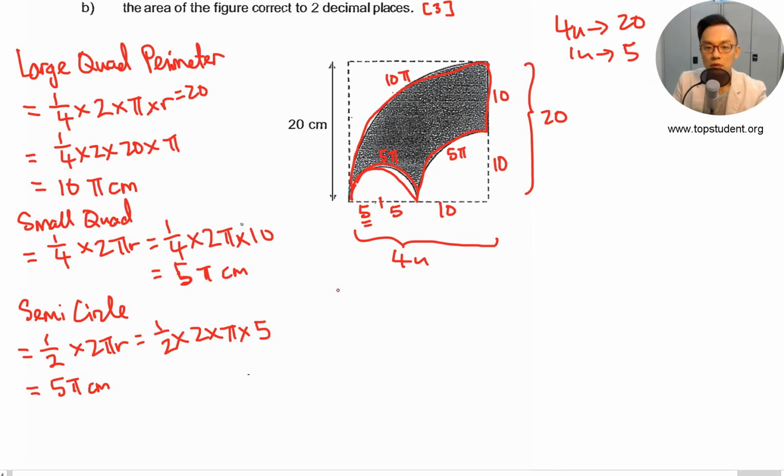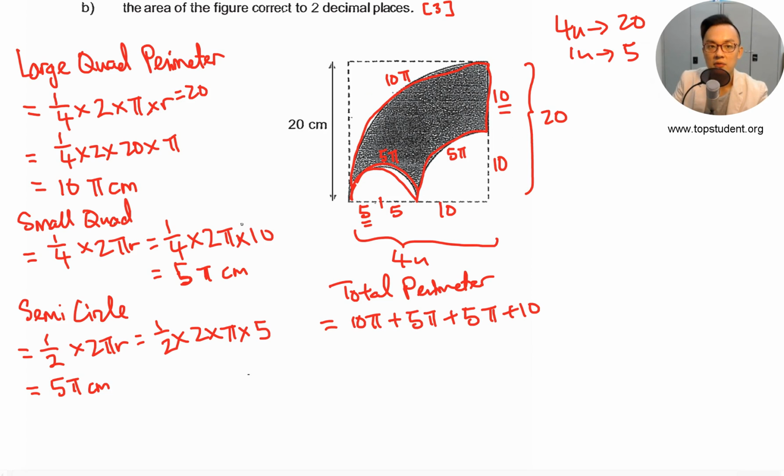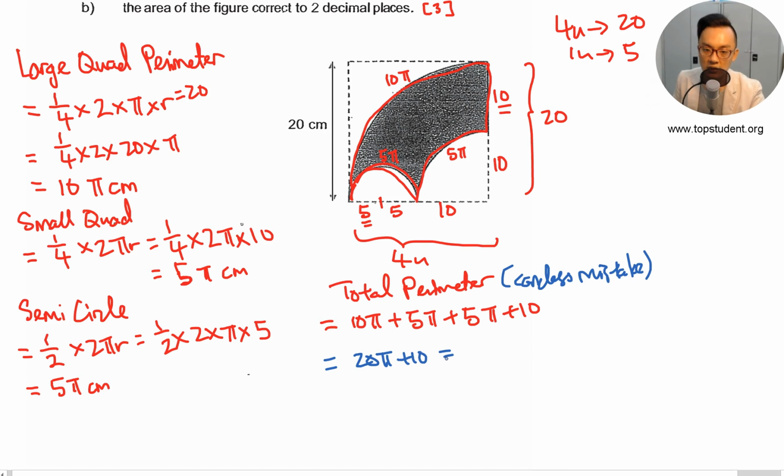So this is 10. So total perimeter is equal to 10 pi plus 5 pi plus 5 pi, and you need this 10, alright? Be careful of this 10. This is the part where it is very easy to make a careless mistake. Either you forgot one of the lengths, or you forgot the 10 or something. So be very careful at this part. For total perimeter equals 20 pi plus 10, and if you use the calculator to solve this,